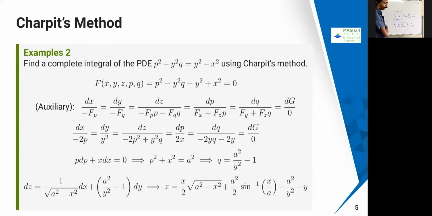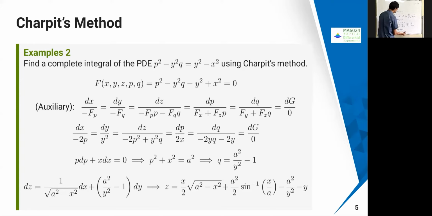So these are the equations we will be getting. I hope I'm right. Yeah. So now if you simplify this, for example, if I take these two equations, then I can put, 2 gets cancelled, so x dx plus p dp is going to come. So I can just write this as p dp plus x dx equal to 0. Therefore, this is going to become p square plus x square equal to some constant.